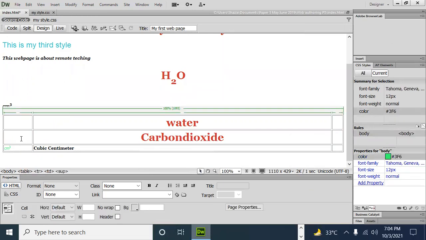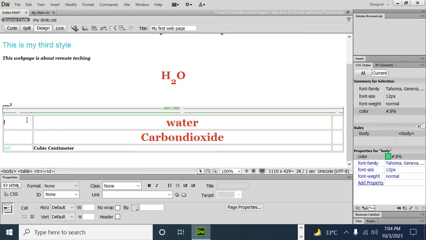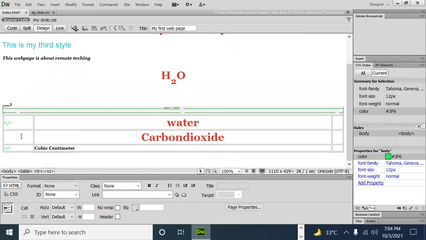It is a cubic, and here is a carbon oxide. So this one, C, copy it, paste it here. Okay, so now carbon dioxide is about CO2.